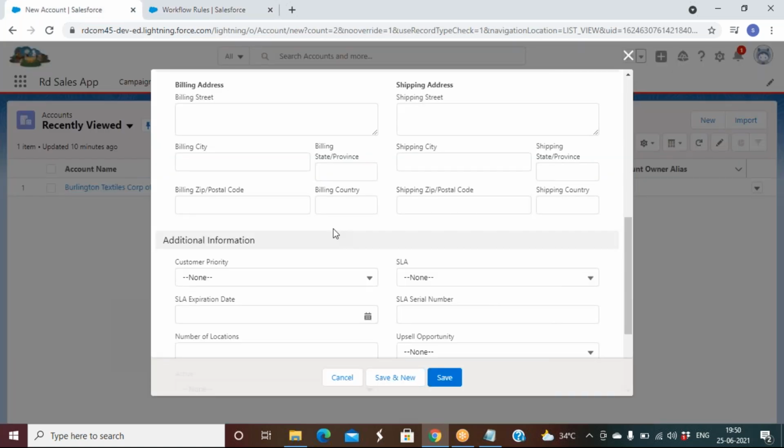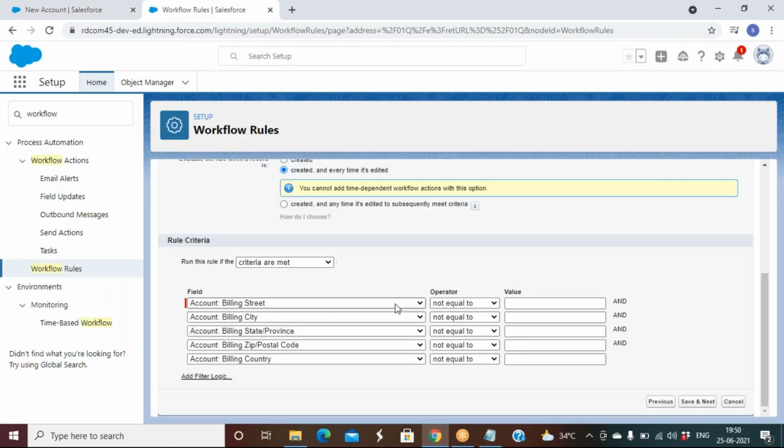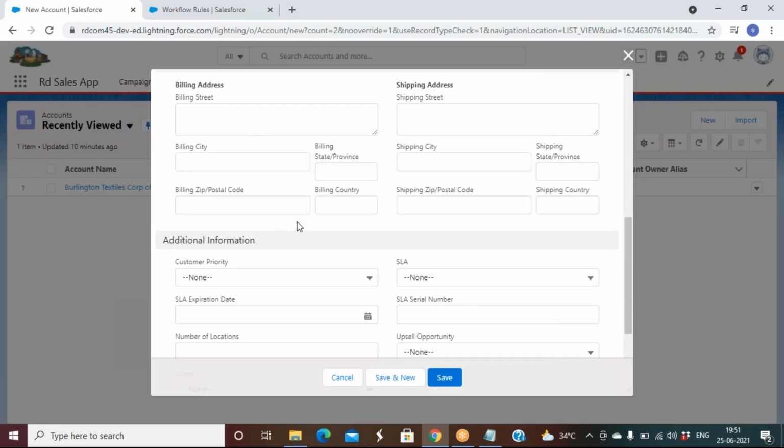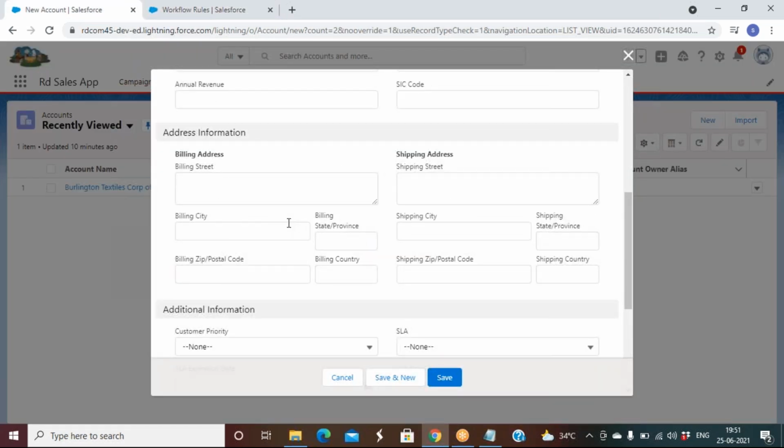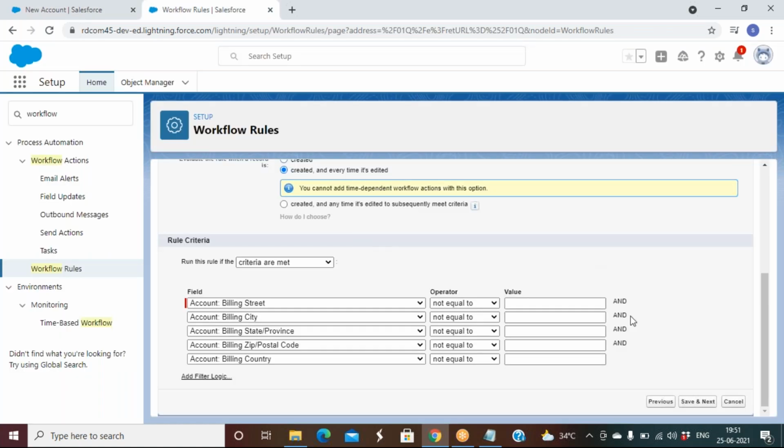See, whatever condition I return here, billing street not equal to null and so on, with and it means data should be in all the fields, and only then can the respective field update. But it's not mandatory that the user enters all the fields' data. In that case, instead of and we have to go with or, meaning if any of the fields has a value, update the respective field.